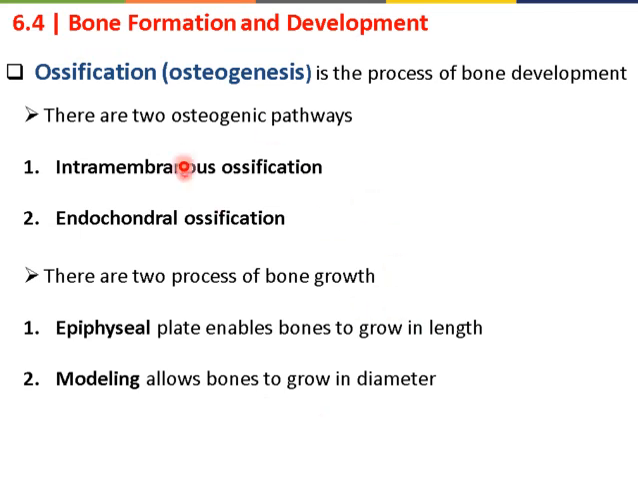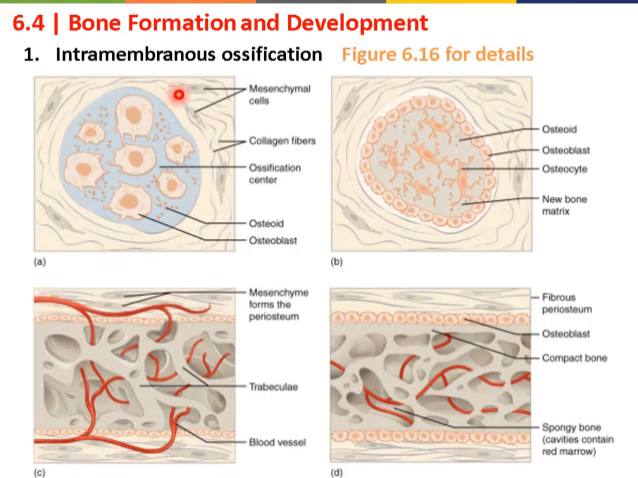Let's talk in detail regarding these two osteogenic pathways. Now, in the intramembranous ossification, as we said, the mesenchymal cells are a group of cells that form a cluster. This cluster group is called the primary ossification center. The ossification center is built from osteoblasts, and we have here another element